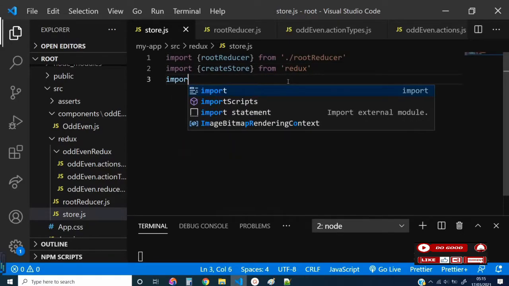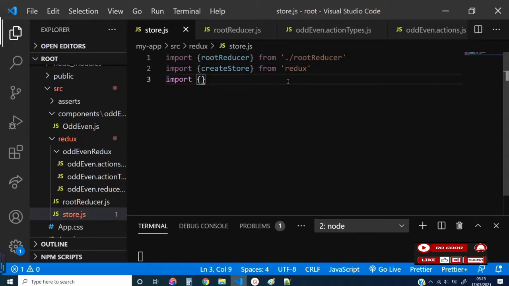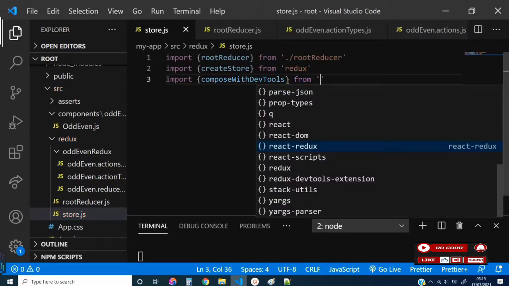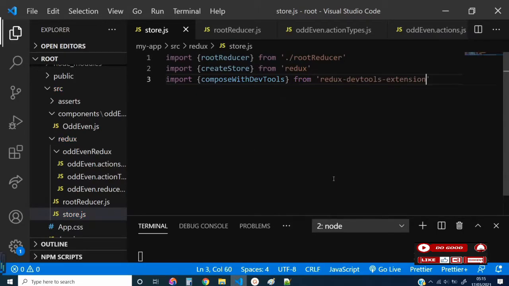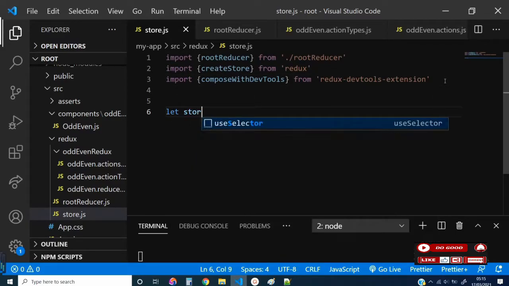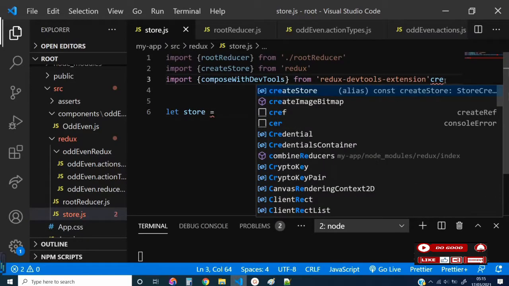We also need to import compose with DevTools from Redux DevTools extension. Okay, so that finally we can say let store be equal to